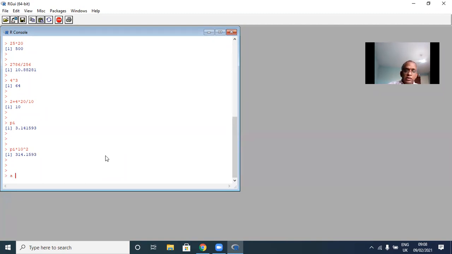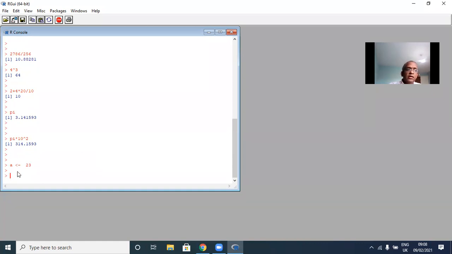In R, you can call an object any name you like. So here I created an object called A, and it's assigned